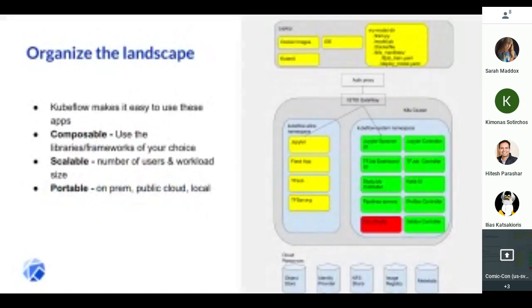The goal of Kubeflow is to provide a composable platform for machine learning. And so the goal is to make it super easy for people to take advantage of these different components in the ML landscape. Because the ML landscape is growing really broadly, we have to think about how we're going to design and architect Kubeflow so it's really easy to assimilate new technologies and put them at the fingertips of our users.